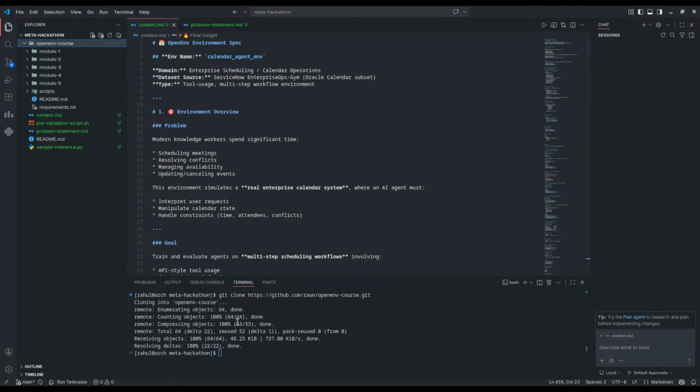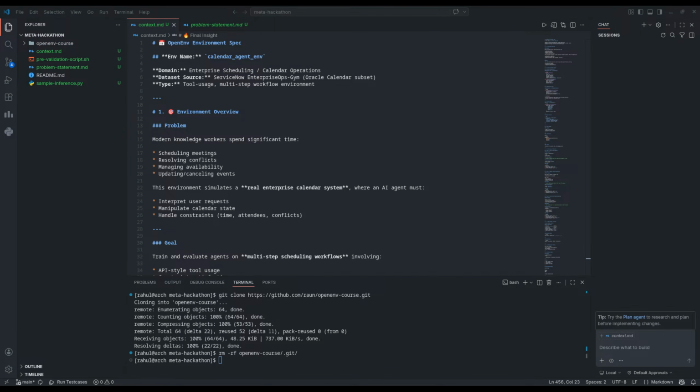Okay. Open dot git. Okay. Just include this thing. Select validation script. I have covered these things now.